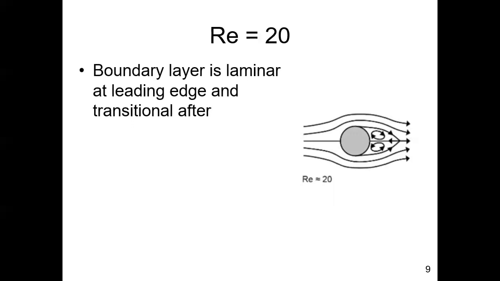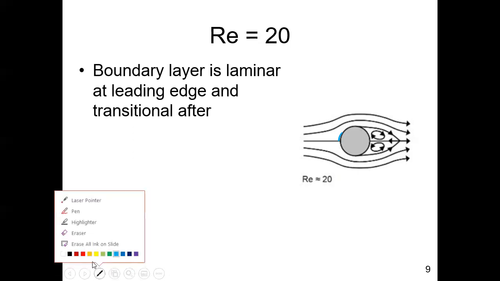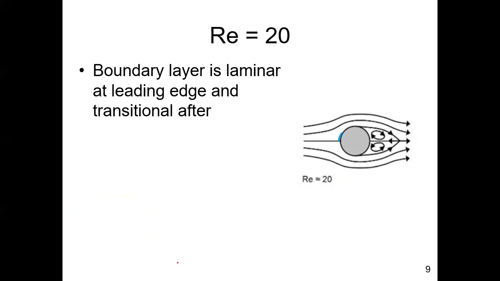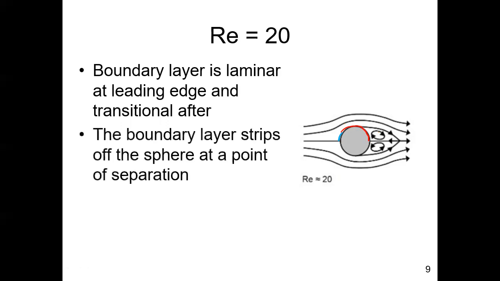At the leading edge, we have a laminar boundary layer. So we start off with laminar, and then afterwards, it may convert to the transitional boundary layer. So the blue is the laminar, and this is occurring all over the front surface of the sphere. And all the rest has a transitional boundary layer over it, from the end of the laminar all the way to the end of the sphere. At a certain location, the boundary layer at this location